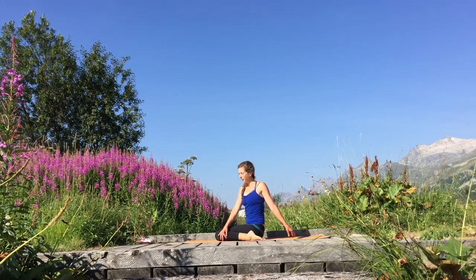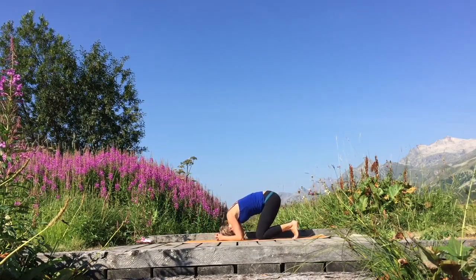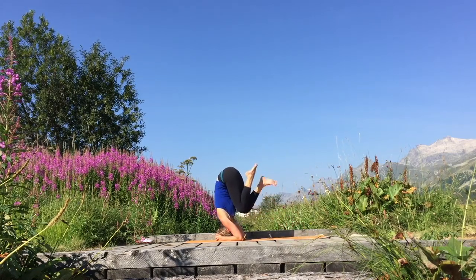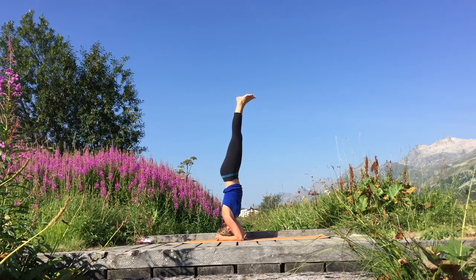So we're going to practice headstand if it is already part of your practice. If you've never been trained by a yoga instructor to do headstand with proper alignment, then just come into Balasana here. Headstand has so many benefits, but you can really injure your neck. If headstand is part of your practice,